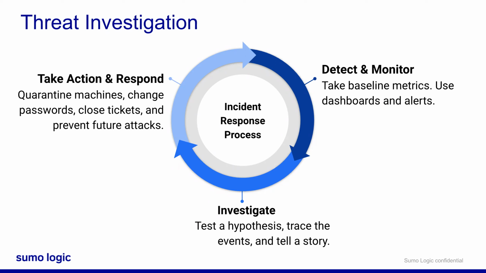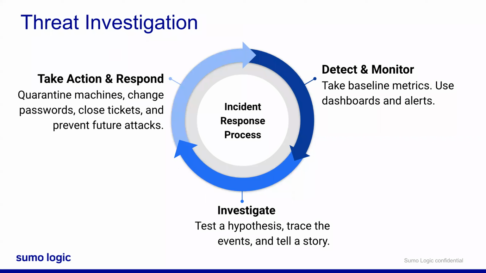In both threat investigation and troubleshooting, you first are going to monitor your system. Once an anomaly is detected, you're going to make a hypothesis about how it happened and diagnose the problem. And as you dig deeper, you may revise this initial hypothesis and find more clues about why or how the attack or error happened.